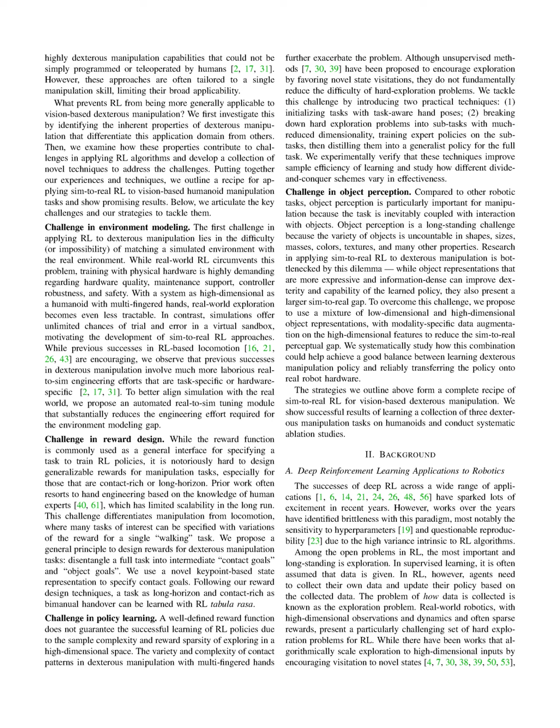Section Summary. In this section, we explore the challenges of applying deep reinforcement learning (RL) to vision-based dexterous manipulation, identifying key issues such as environment modeling, reward design, policy learning, and object perception. We propose novel techniques to address these challenges, including automated real-to-sim tuning, a new reward design principle, task-aware initialization, and a mixed representation approach for object perception, ultimately outlining a comprehensive strategy for effective sim-to-real RL in this domain.